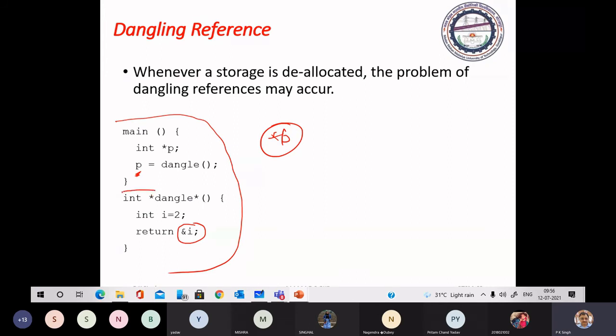Just see, this will call the function and this function will return the reference of I. In the activation record, I is local to this function, and in its activation record we are assigning the value I equal to 2, and we are returning its reference XYZ.